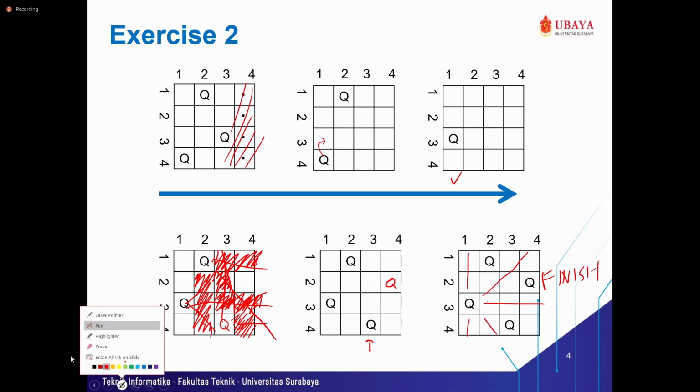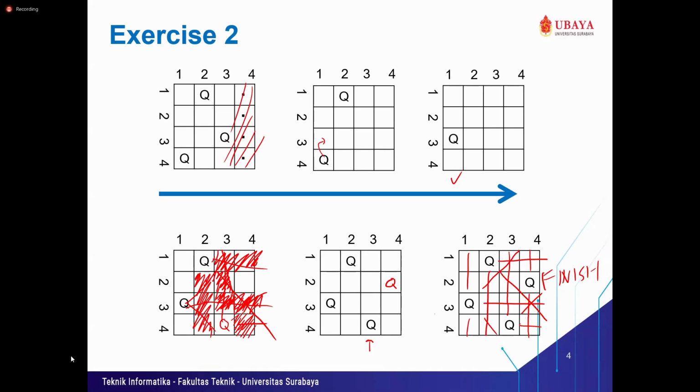There's no undo here. Like this, right? Finish.